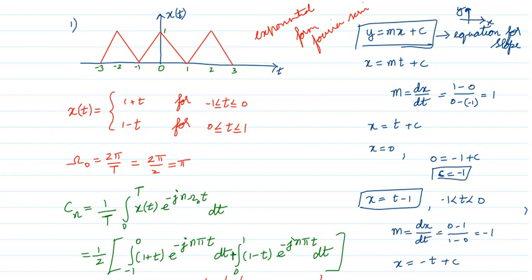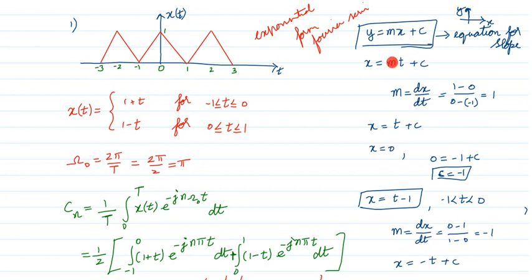For this, we know in your plus 2 or higher secondary, you would have studied y equal to mx plus c, the equation of a slope. Here x-axis, this is your x-axis, this is your y-axis. But in this given waveform, the x-axis is t, and the y-axis is your amplitude x. Okay, so I replace x with t, y with x. So x equal to mt plus c. Okay, what is m?